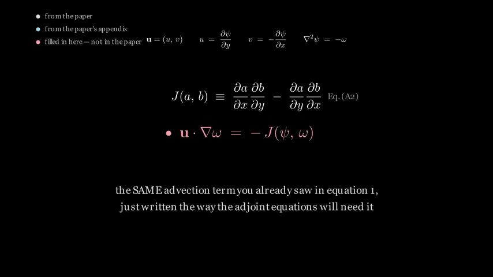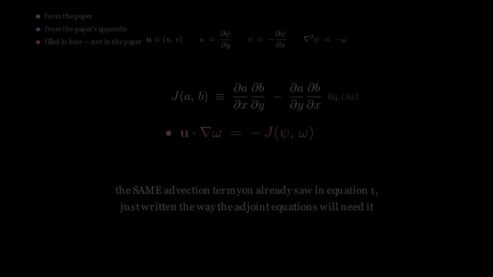Now we can write down the tool. The standard method is adjoint-variational data assimilation, and it is a gradient descent. To step downhill, you need the derivative of the cost with respect to every one of 16,000 unknowns, and you cannot get that by running 16,000 simulations. The adjoint method gets all of them from one extra solve, and these are the equations it solves.